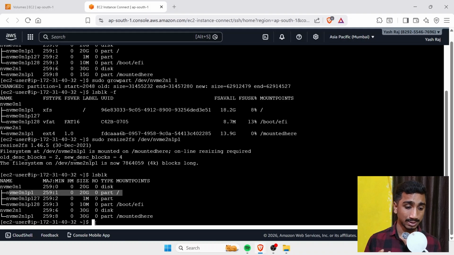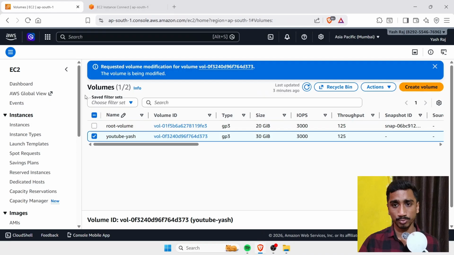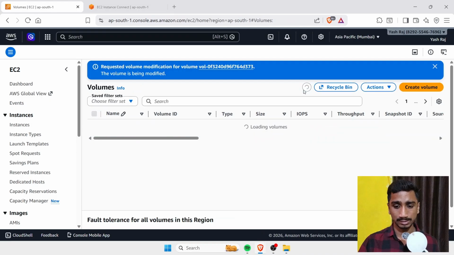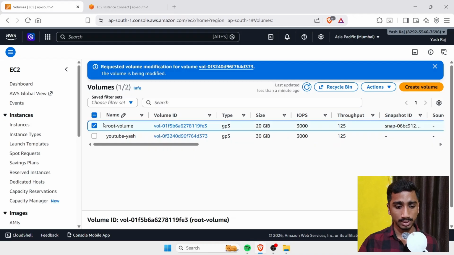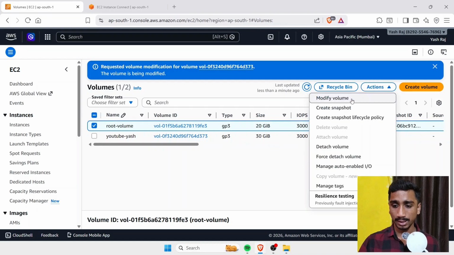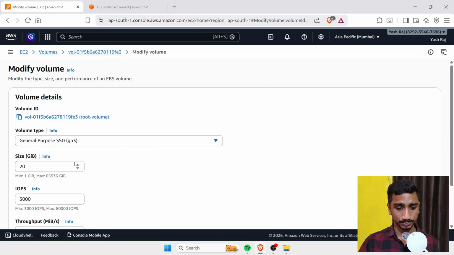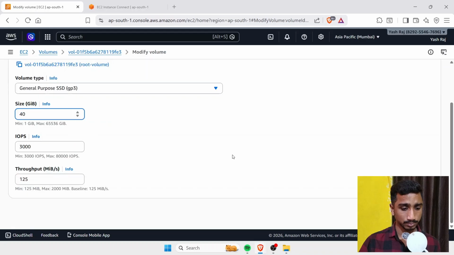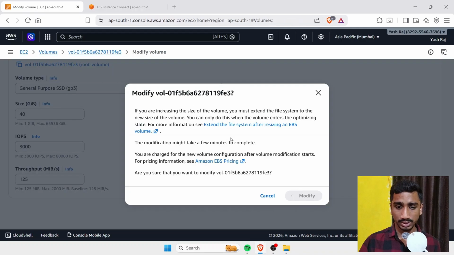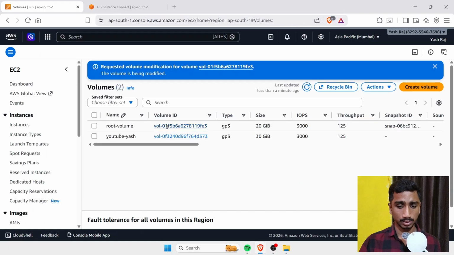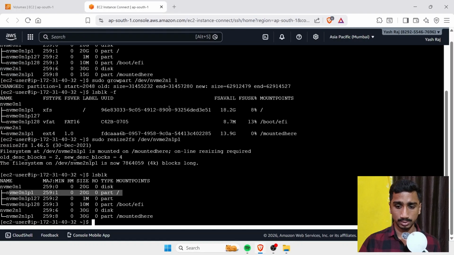Now I am going to change the size of my root volume. For changing the size of my root volume, I'm going to do the same process here. I'm going to click on the root volume, modify it, and increase it from 20 to 40, and modify it. And it's modified. And now if I use the command lsblk,